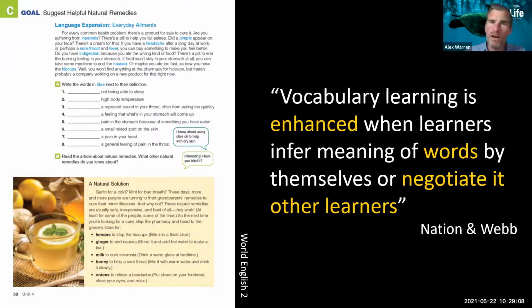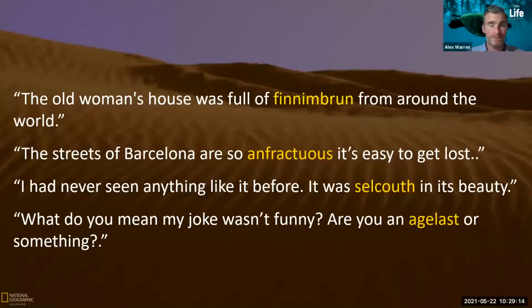Now, unfortunately, I can't put you together right now, and we're not in a group, but what I would do in class is this kind of activity where I give them four words which I Googled as the weirdest words in English that you shouldn't know. If I'm in a live environment, I would give these words to you and say, in pairs, work together to try to work out what these words actually mean. I'm not going to tell you the meaning. I want you to think about it.